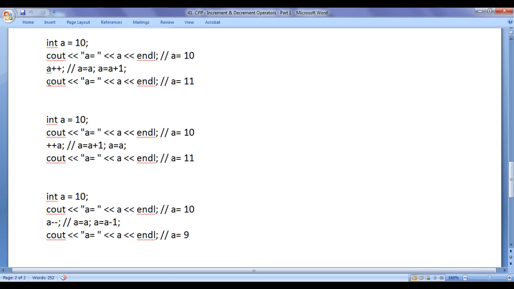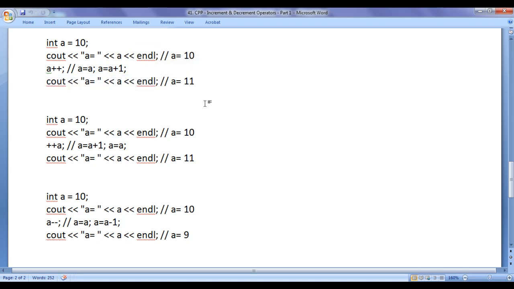We know that if we write a plus plus semicolon, implicitly this single statement is expanded to two statements and executed. First statement is a equal to a semicolon and second statement is a equal to a plus 1 semicolon. First assignment, then increment. Hence it is called post increment. Remember that a equal to a semicolon is executed in the same place where we have written a plus plus semicolon, and the second statement a equal to a plus 1 semicolon is executed just before executing the next statement